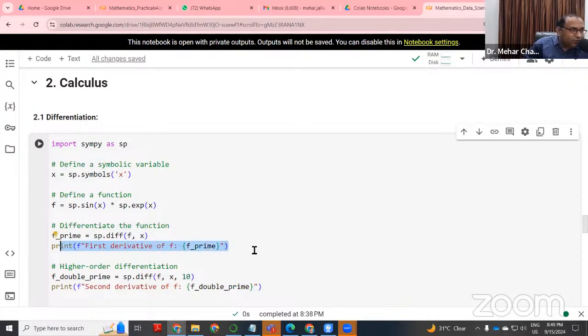And also if you need to find the higher order, a second order, third order, 10th order, 100th order, you can do it. Very simple. We are again using the same statement. You can see here, the difference is only that at this place we are using the number 10. This will return the 10th order derivative of the above function. And this statement is used to print the value. And when I execute,